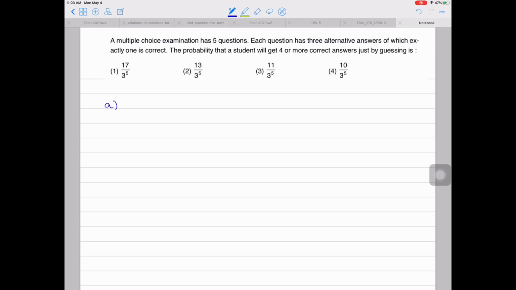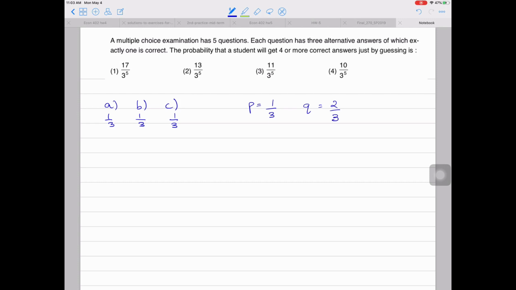So, a question has 3 choices and exactly one of them is correct. So the probability of one option being correct is exactly 1 by 3. So there is a 1 by 3 probability that option A is correct, 1 by 3 probability that B is correct, and 1 by 3 probability that option C is correct. So the probability of getting a correct answer is 1 by 3, and